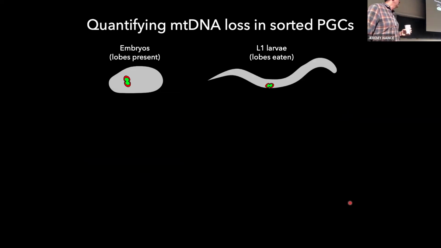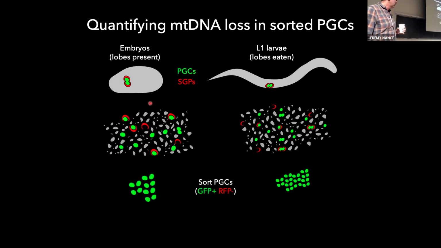And so he developed this painstaking cell sorting protocol with the help of Malik Patel's lab at Vanderbilt. And he found that he actually had to have two markers in the strain, one green marker for germ cells to sort for. And remember, I told you the somatic gonad cells are wrapped around those cells. So there was a very small fraction that he could separate. So he had to sort against somatic gonad cells. And when he did the combination of those two things, he was able to get populations of pre-lobe formation PGCs